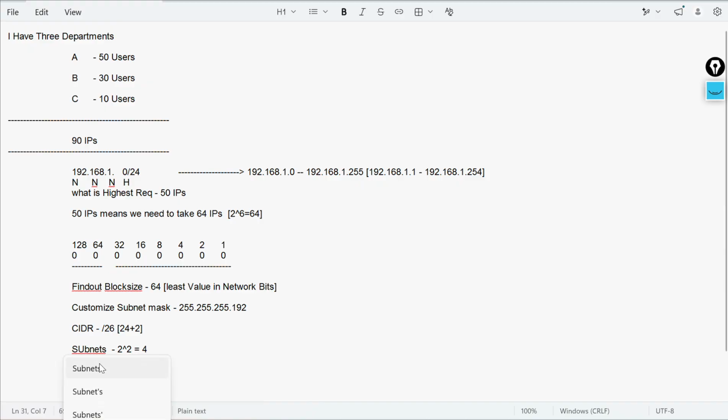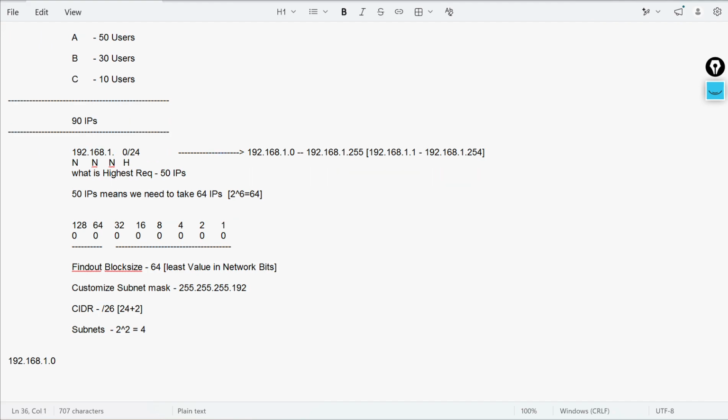Subnets are nothing but the number of small networks. So we are doing subnetting based on 64. The network is 192.168.1.0/24. We are dividing this network by 64, 64, 64. If you divide this network by 64, 64, 64, we will get 4 subnets, 4 small networks. Now I will create 4 subnets. The first subnet is always 0,